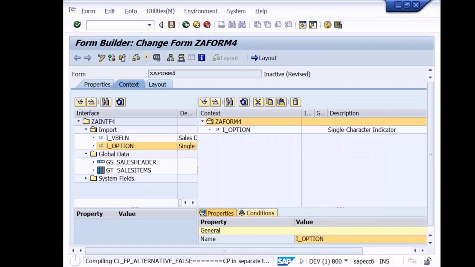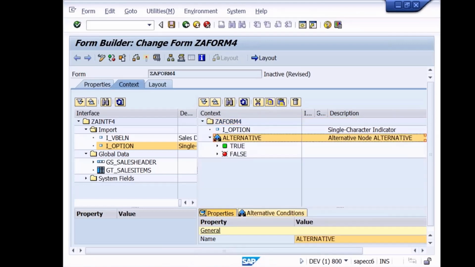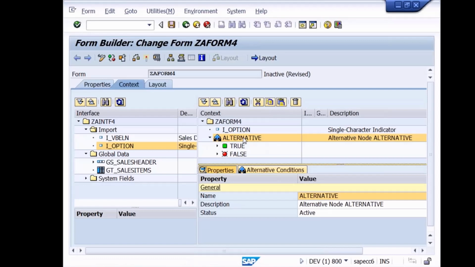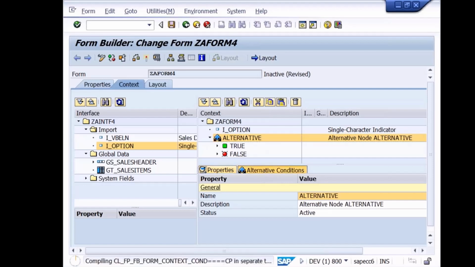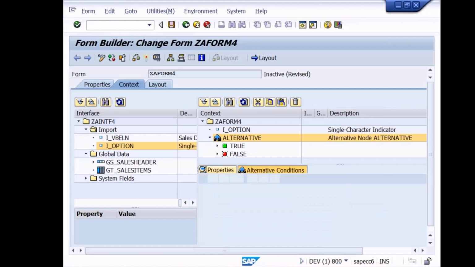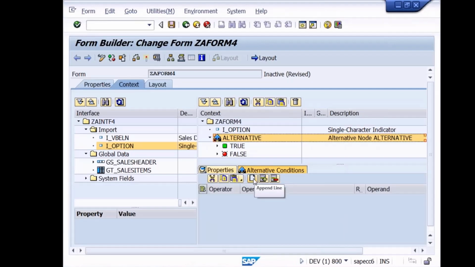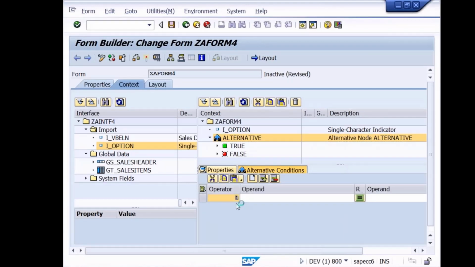When I create the alternative, observe what happened. Two objects got created, true and false. So as part of the alternative object, I need to give the alternative condition. Let me click on alternative condition. In this alternative condition, let me give the append line, operator, operand.